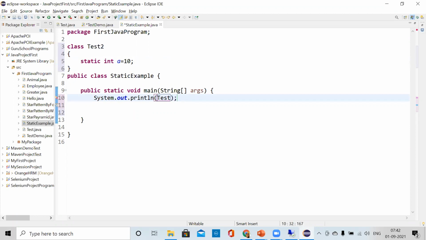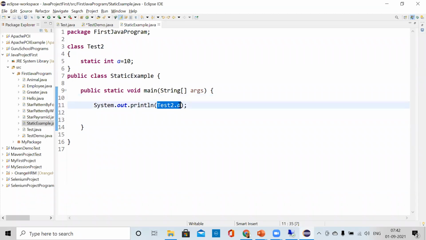I just have to write the name of the class, dot, see, it is coming, A. Because it's a static variable, I can call it directly. Is that clear to you? Because it's a static variable, I call this variable directly here.